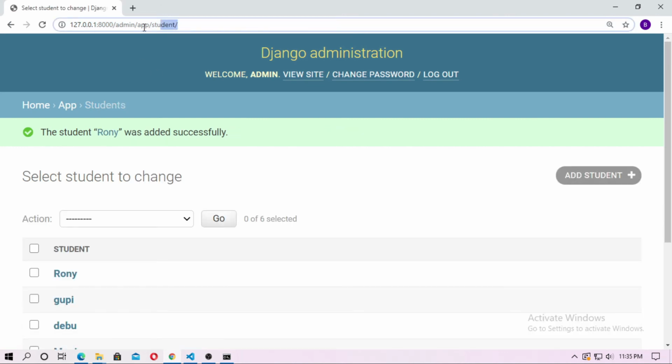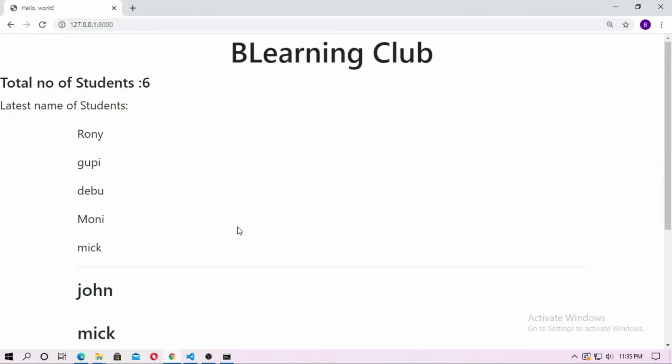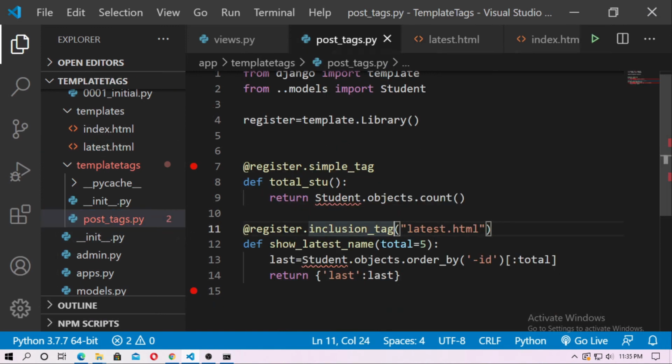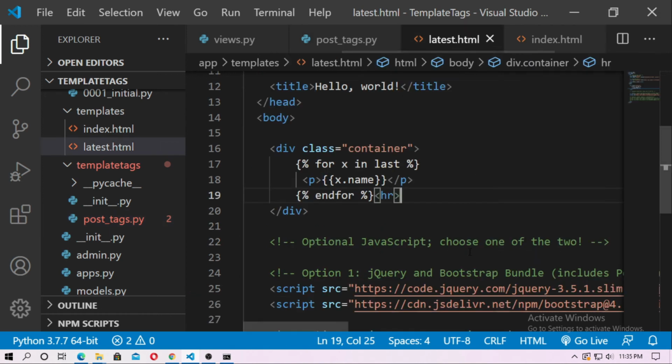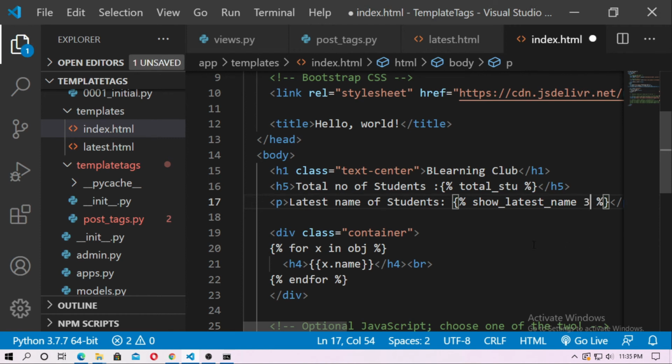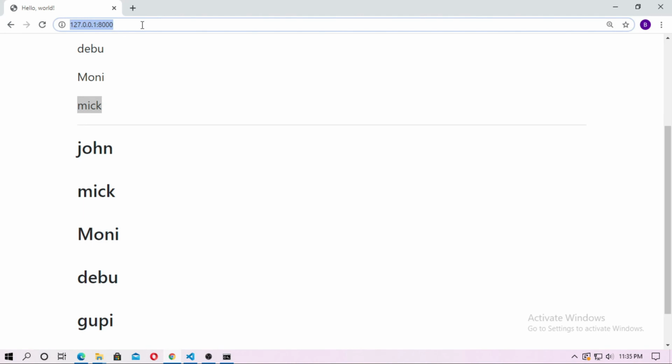Run the localhost and you can see a total of 5 students here because you pass 5 here. The default value of total is 5. Now you can change this value. With this template tag just pass the number you want.